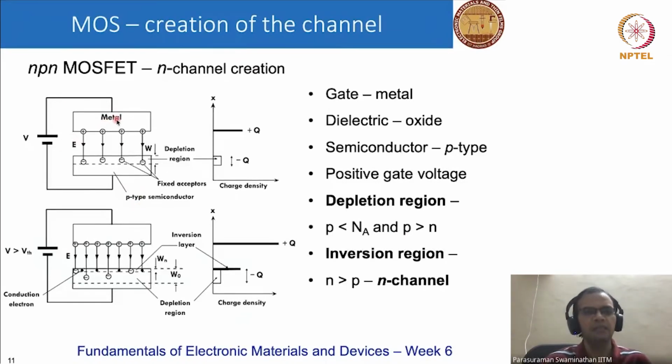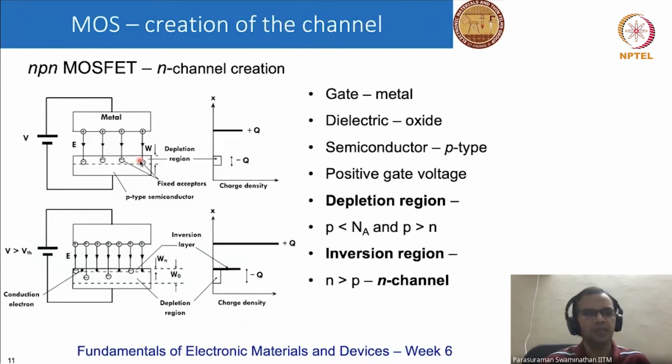The metal is biased positive, which means positively charged ions are found at the surface of the metal. So we have a net positive charge on the metal surface. Correspondingly, when I connect the p-type semiconductor to negative, remember, holes are the majority charge carriers here. These holes tend to go towards the negative side, and the electrons tend to accumulate at the surface